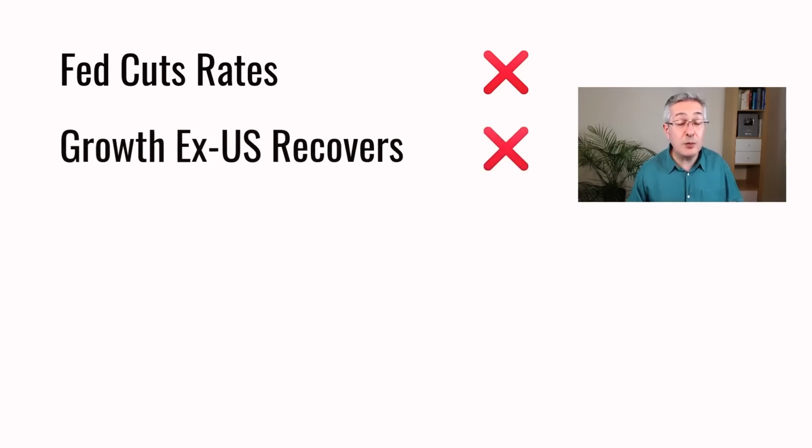Another possibility would be that growth outside the US surprises on the upside. If that were the case, then we might expect to see those countries, their currencies would appreciate relative to the dollar. We'd also expect to see yields go up at the long end of the curve for those countries. However, again, I think that's unlikely. Of all developed markets, I think the US is pretty well suited to weathering this storm, particularly because it's largely self-sufficient for energy. So I'd also cross that one off my list of likely suspects for breaking the loop.